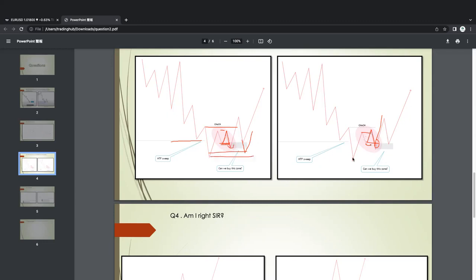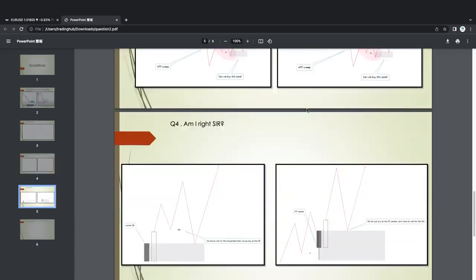Correct. And in this case, we can buy here also, but price actually swept the liquidity. Okay. The main thing is liquidity. Structure is secondary and liquidity is primary, because liquidity creates structure. So in this case, you have to pay attention here: sweep the liquidity, then you can buy. Correct. So this one, now let's see.